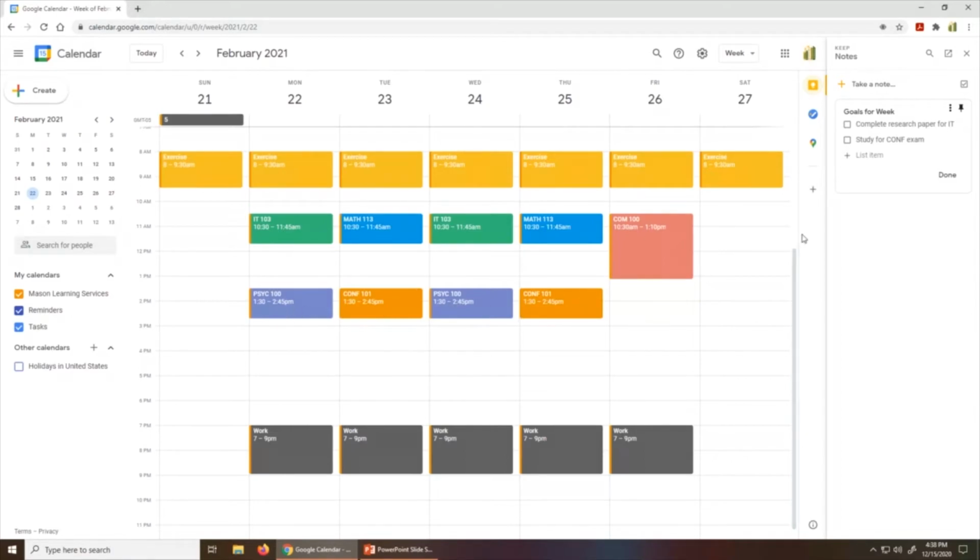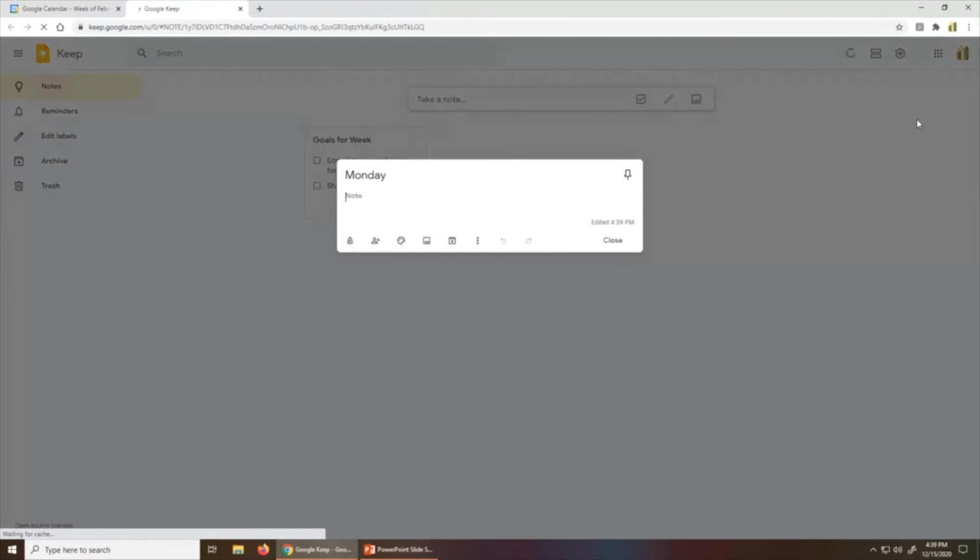So to make a new note, I'm going to just click that plus button and I'm going to give it a title. And because I'm planning out daily tasks, I'm going to give my note a name. I'm going to call it Monday. And then let me open this up and keep. I've got some really nice options here where I can just add a note, but what I want to do, I want to show checkboxes